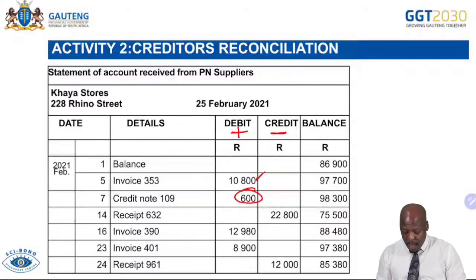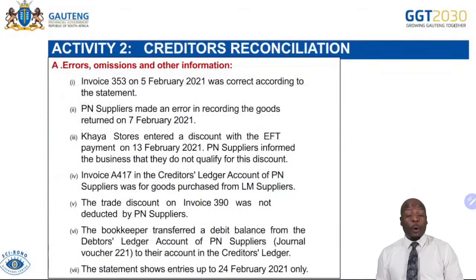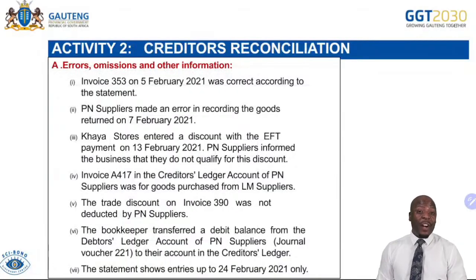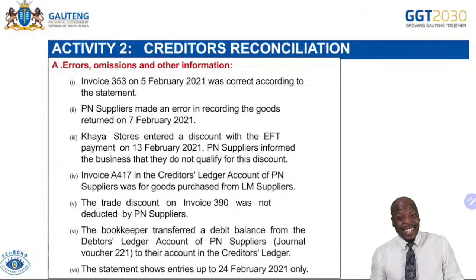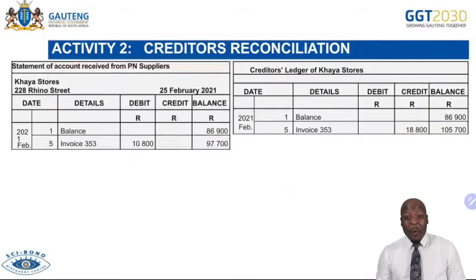Let's go and see if we have errors and omissions. So these are our errors and omissions. We're going to do them one by one. So please make sure you have somewhere to write. If you're ready, we're about to begin. Okay, give me a sign that you guys are ready. If you're ready, then we're going to go. Okay, thank you. Let's begin. We're going to start off with error number one.